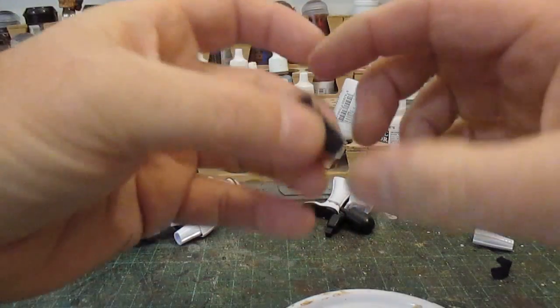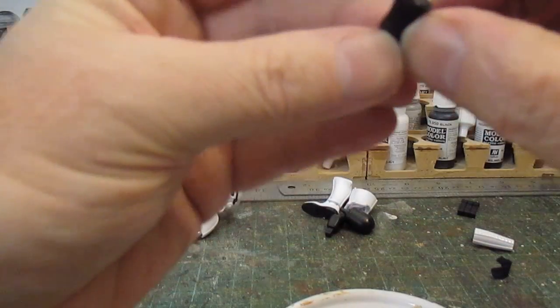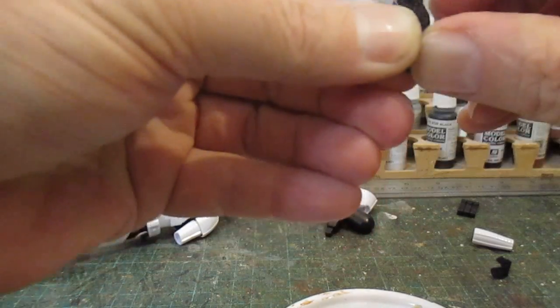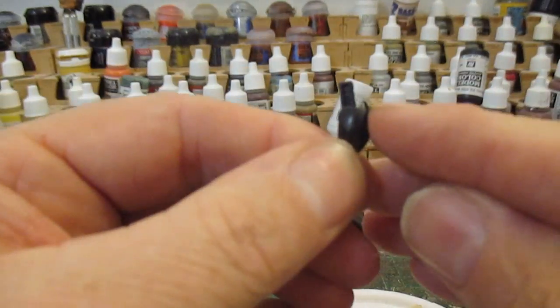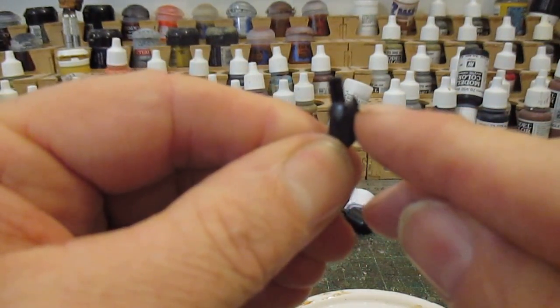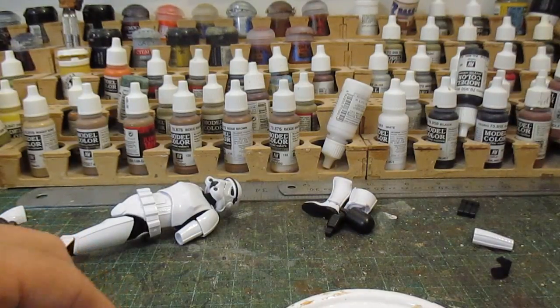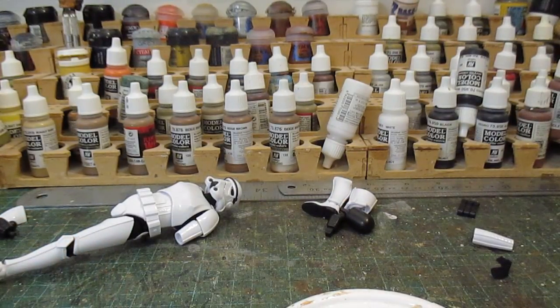Okay, so there's the peg section. Now this part can be actually quite tricky. You've got to work out where the pin section is at the top. So for example, you need to know where that section is. Okay, because that's the problem you're going to have. I was lucky with the leg, it went straight in. Okay, so when you do it,